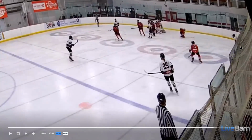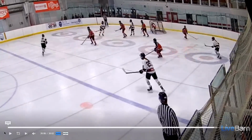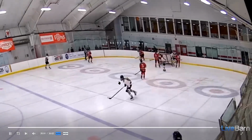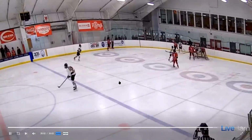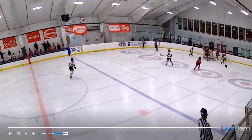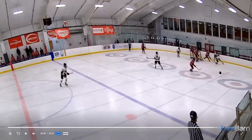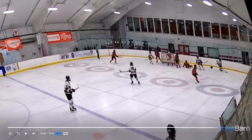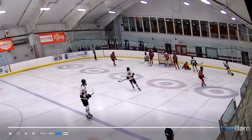And this is just such an easy play for her. She doesn't even have to make this pass. She's all alone here. She makes a nice play. It's probably glitchy. So right here, first of all, you notice this girl doesn't just skate behind her. She gets open in the net, in front of the net. She's like, okay, you got the puck. I'm going to go create some offense. Now, here,